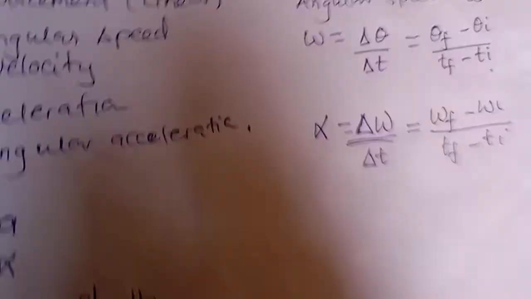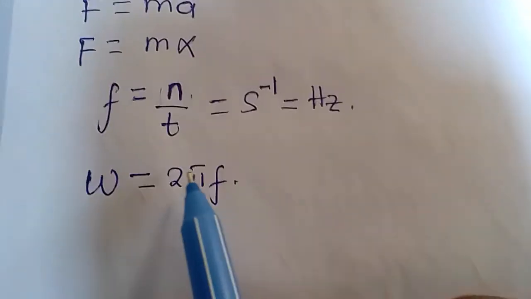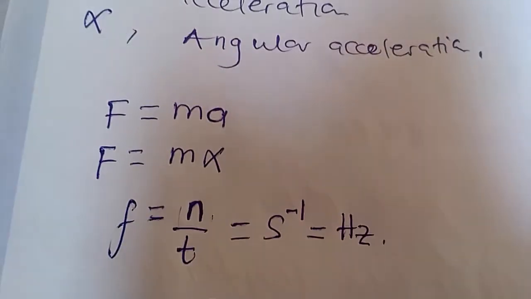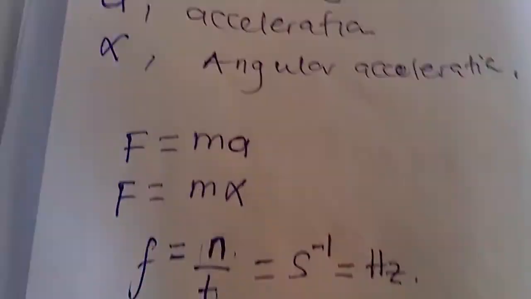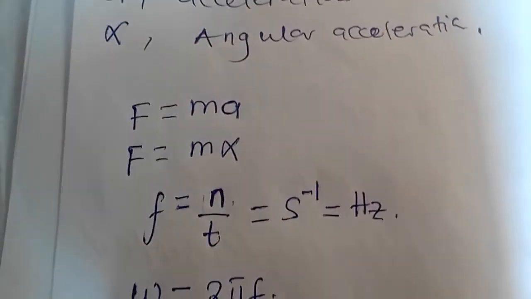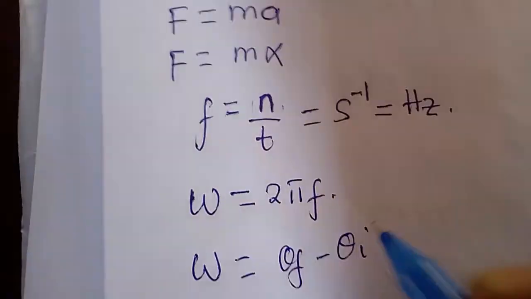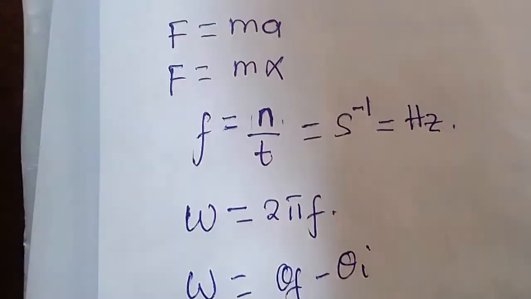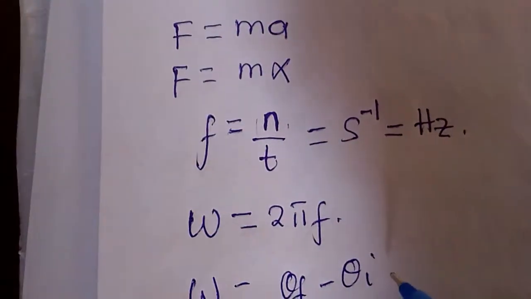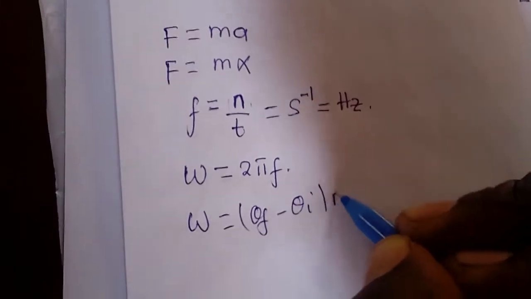So change in angular speed divided by time. Okay, so if I say omega is equal to theta final minus theta initial, meaning this is how much it is moving about. But then how many rotations has it made? Okay, it can be n, and that n